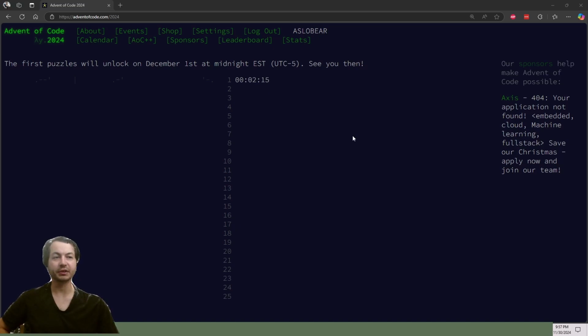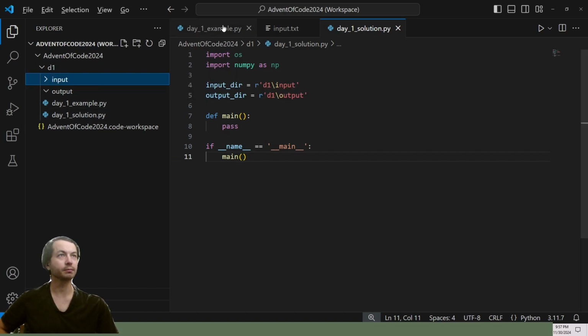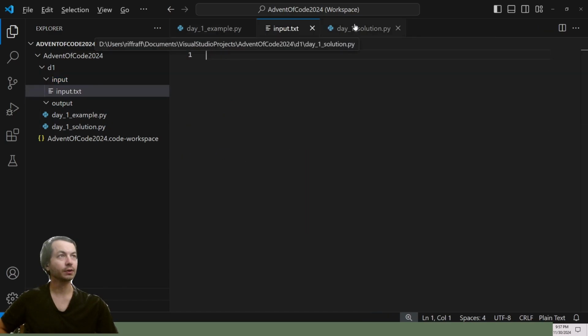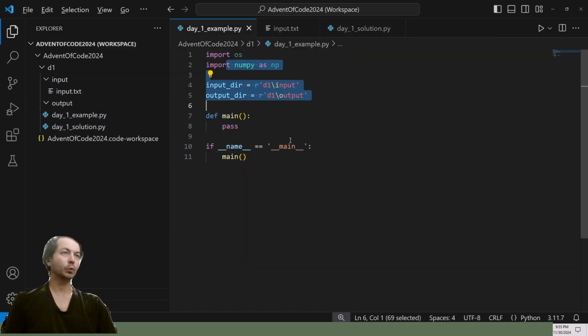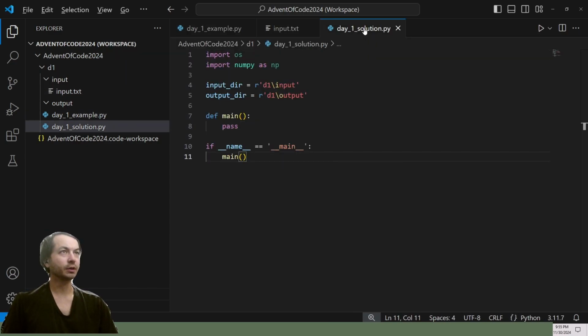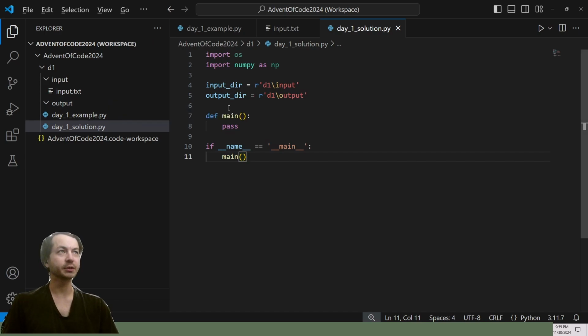Just a couple minutes left to go here. I'll show you my file structure. I've got some directories, a couple Python files, and an empty text file. We expect there could be some data, maybe we'll have an example to work with, and then we'll come up with a solution. Just some template files that we'll be working with to solve the problem efficiently.